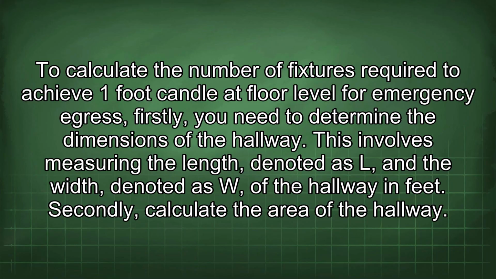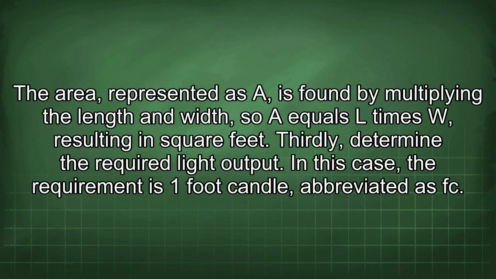To calculate the number of fixtures required to achieve 1-foot candle at floor level for emergency egress, firstly, you need to determine the dimensions of the hallway. This involves measuring the length, denoted as L, and the width, denoted as W, of the hallway in feet. Secondly, calculate the area of the hallway. The area, represented as A, is found by multiplying the length and width, so A equals L times W, resulting